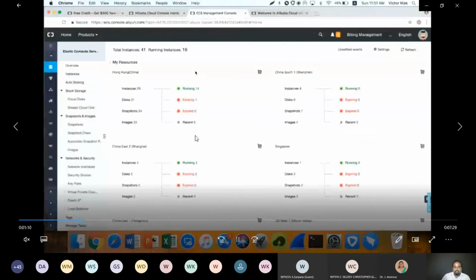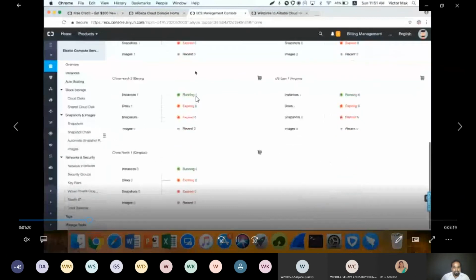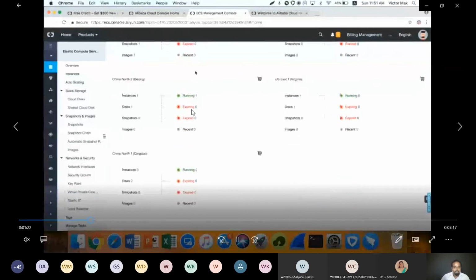Okay. Now you can see the instance running. Currently 41 instances are running. Now you can choose any location, any region where to install this ECS server. That is virtual machine. You are going to create a machine first. So again, see here, I am not going to download or install any software.